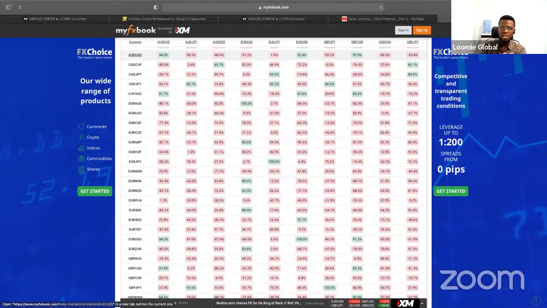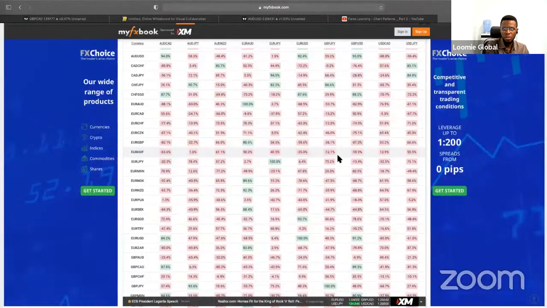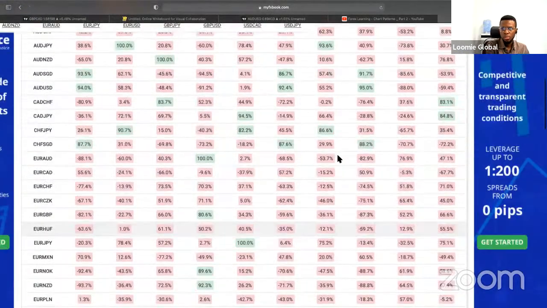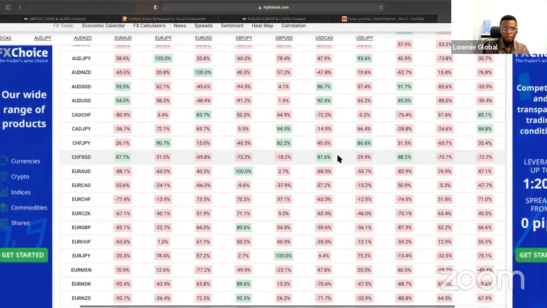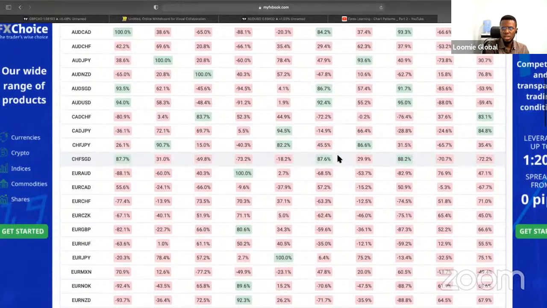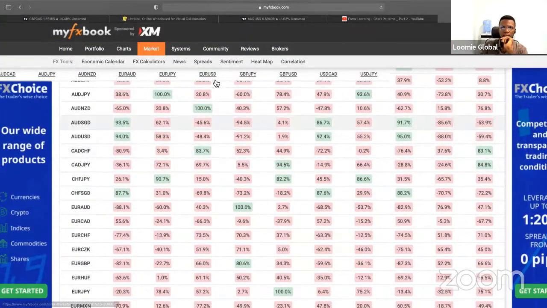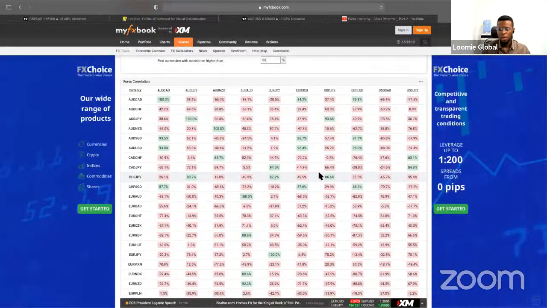I don't know if you can see these values properly. Okay, it's not zooming in for some reason. But let me see if I can do that here. Okay, beautiful. I can do that here. Okay, I believe you can see the charts right now. So you can see that it has distorted a number of things. So let me just leave it the way it was, right?